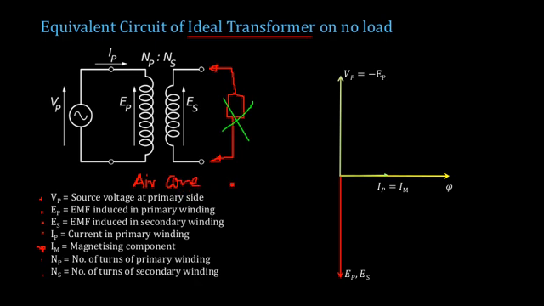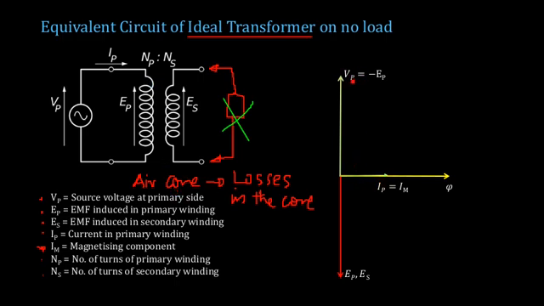The core is air, so we are neglecting losses in the core. Since we are neglecting the losses, we have no losses in the core. Even the core we are considering as an air core. Normally we have an iron core, but for the moment we are considering it as an air core, so we have no losses.